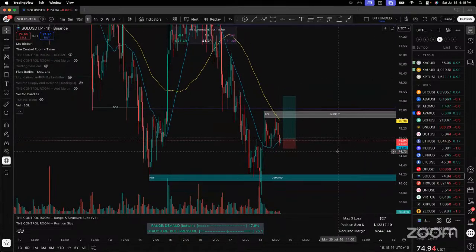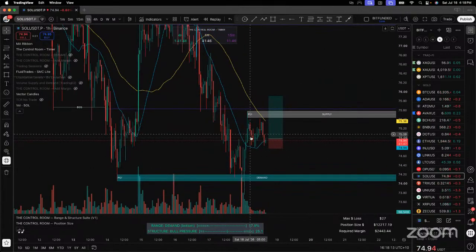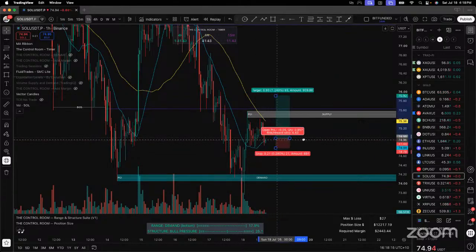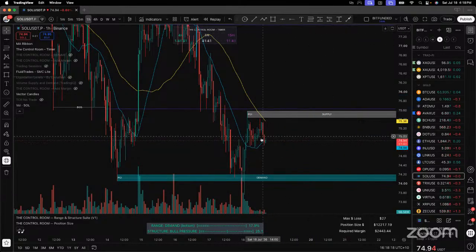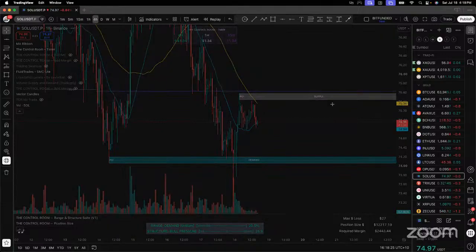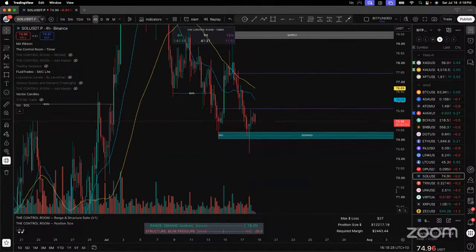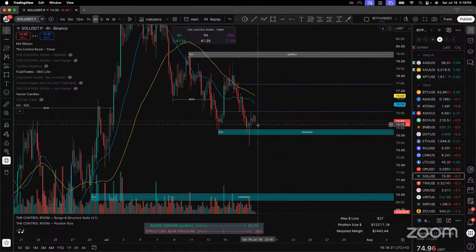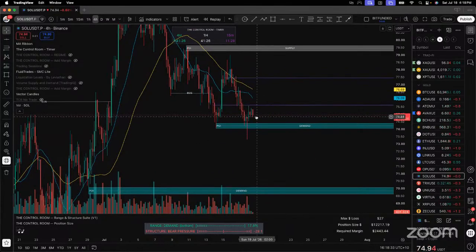Yeah, it's still ranging. It's found demand, pushed up, found supply. It's come back to the middle of the range. So it's a decision point here, really. The high time frame, I'd like to see that busted today. Got a nice transition going on here. 4 hour doesn't look healthy, but it's done a liquidity grab. If it retests too quick, I think it'll fall through. So I don't want to see it come back to the demand. I want to see it push up and make its way up to supply, and then come back and retest maybe. That's if it's going to hold.